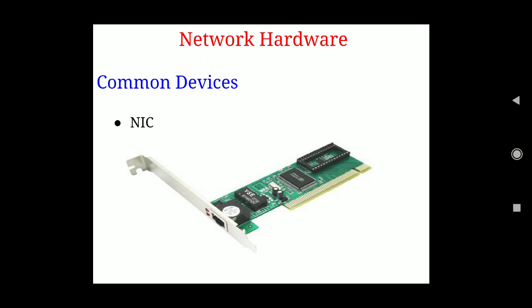Now this NIC basically connects one machine with the help of the transmission medium. For example, if it is a physical, wired medium, we'll see the distinction between wired and wireless afterwards. But for the time being, a machine will be connected to other machines with the help of some connection media, for example some cables. These cables will be connected to the machine through this NIC. That's why it is called the network interface card.